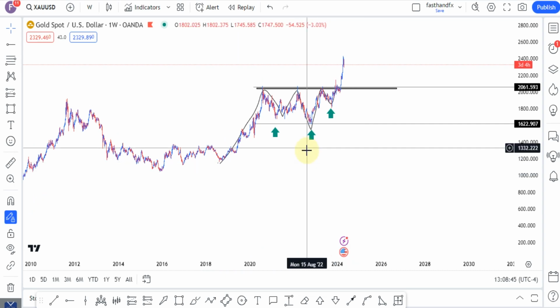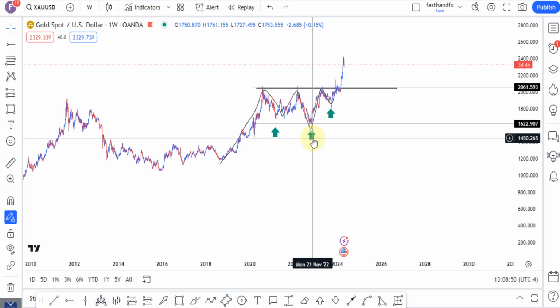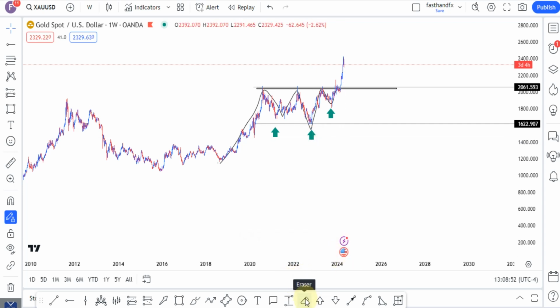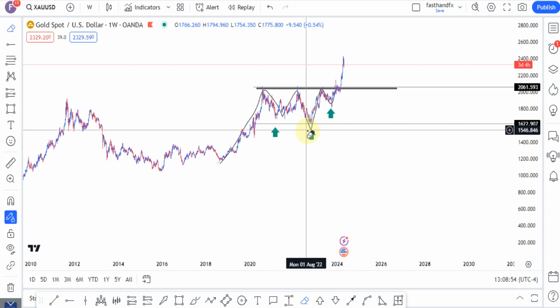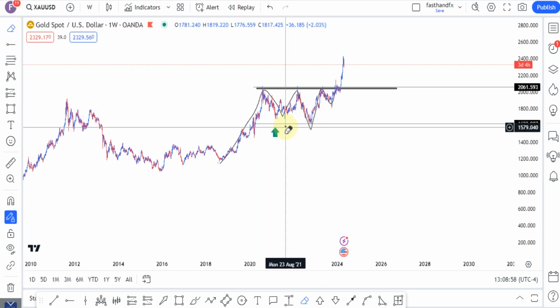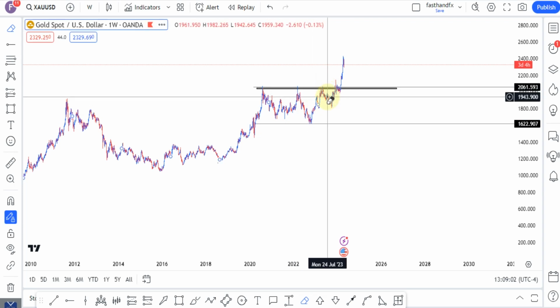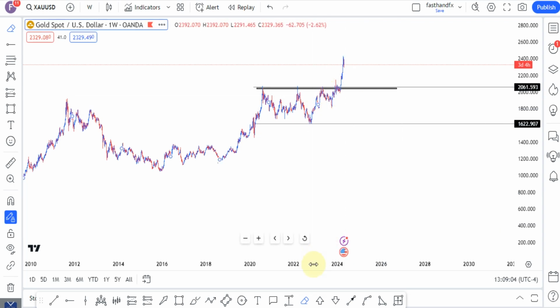When the market is approaching this area, you should always be keen to see how the market is approaching these key areas. For instance, in this one, let me delete this one so that I can show you another thing here. So let me zoom out. So when I zoom out this market,